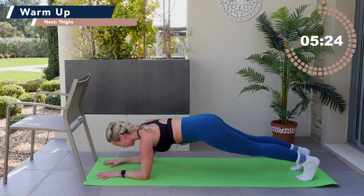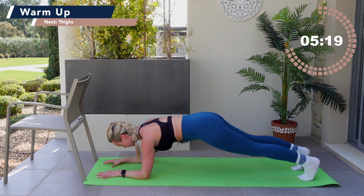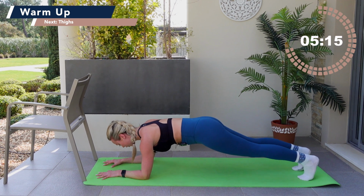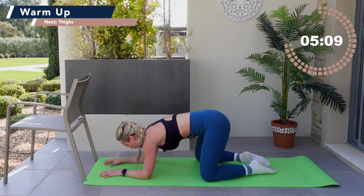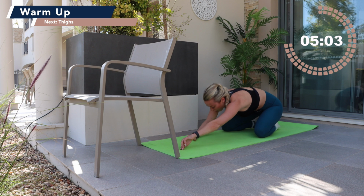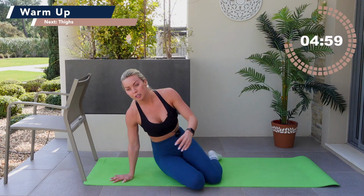Little tuck, so tuck in under with the tailbone, drawing your pubic bone into your belly button for 8, for 7, child's pose in 6. You've got this. 5, breathe, 4, and 3, 2, 1. Well done, toes together, open through the knees, drive back into a child's pose, have a quick stretch, lengthen through the spine, and then you're gonna roll all the way up, and let's flip it round on towards your sit